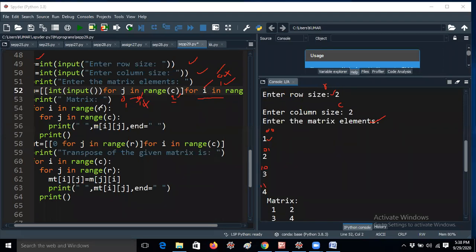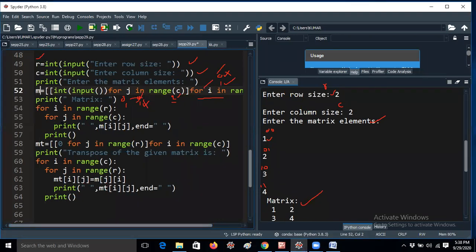Okay. Actually, these lines are not mandatory. I am printing the matrix again, so these are not actually required. If you want to shorten the program, you can remove these lines. You can display the given matrix like this, so you can know what elements are stored in which positions. I will explain how I am printing it.